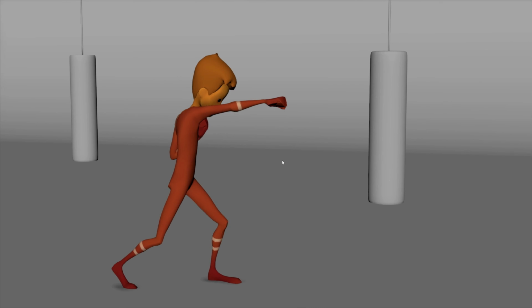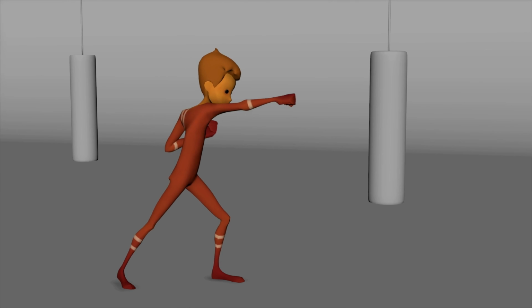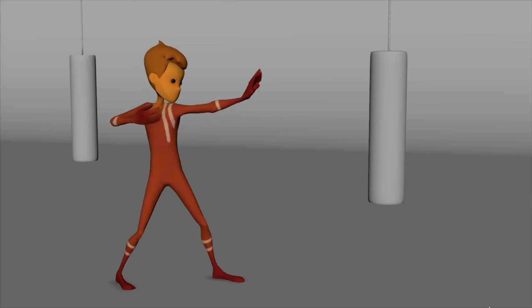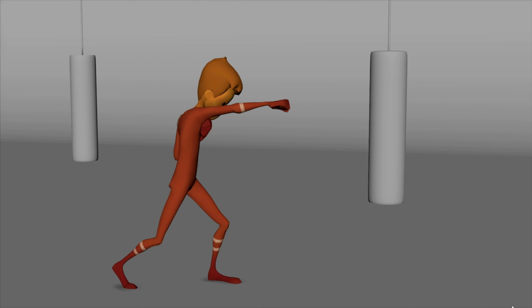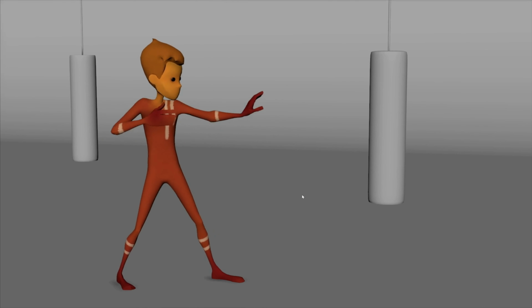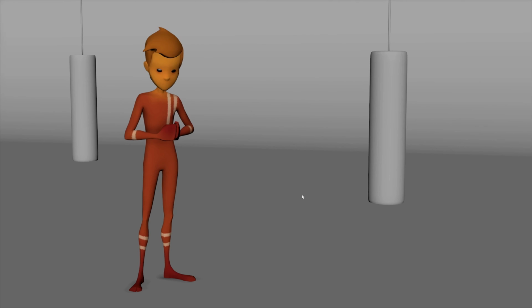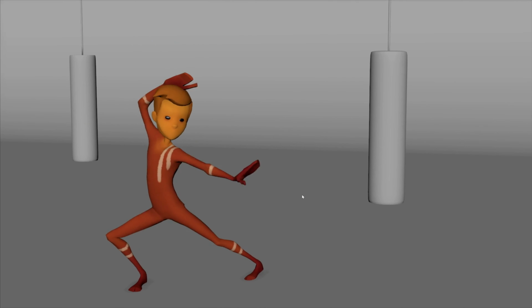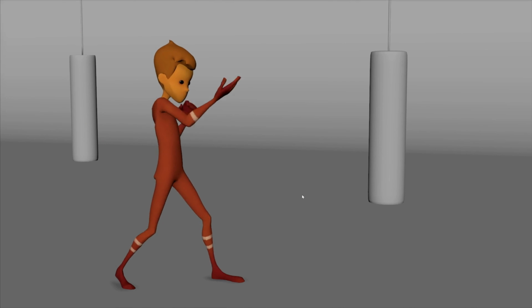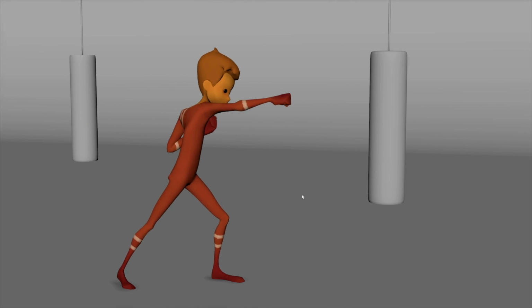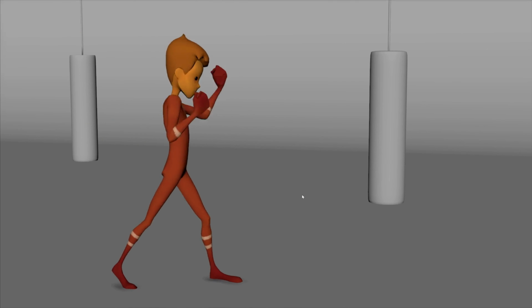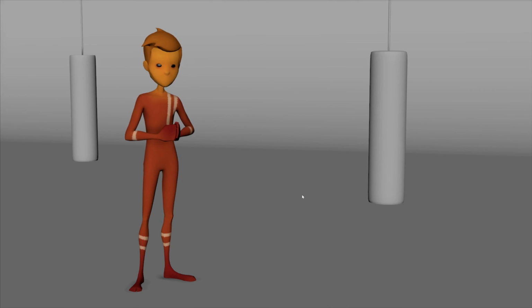By varying timing and spacing in this example, I am varying what the character is basically doing and thinking here. Here the character is just aiming, and here the character is striking after the aim. And if you are interested in how this shot was animated, stick around to the end of this video, because I'm going to add a little progression reel of different stages like blocking, splining, polishing and stuff like that.